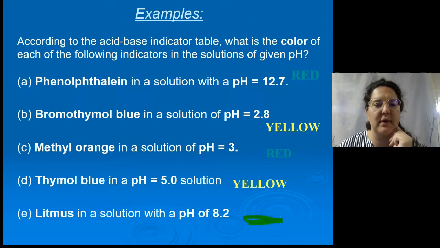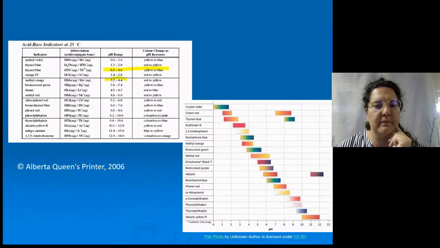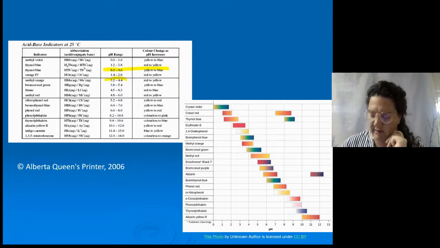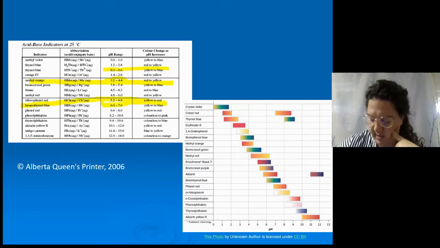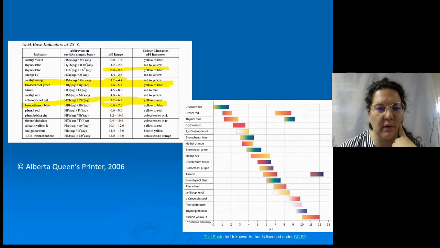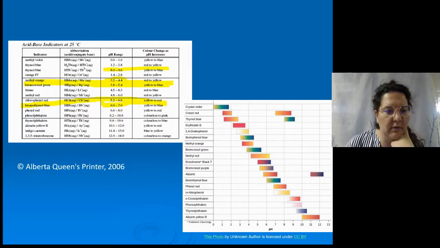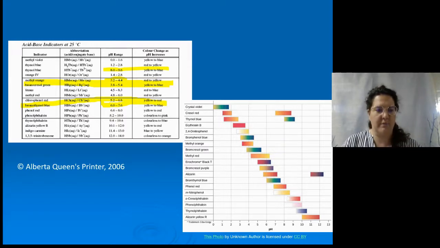So if we go back to our chart, okay, so we have methyl orange was yellow, and bromothymol blue was also yellow. And then bromocresol green was blue. So if we look at our options,